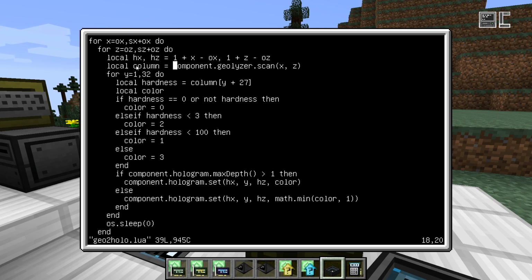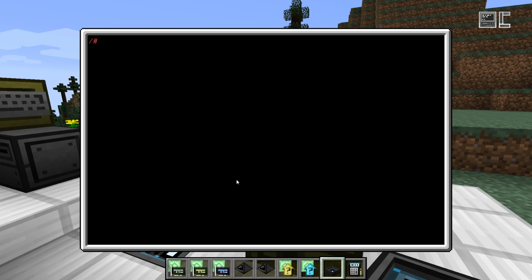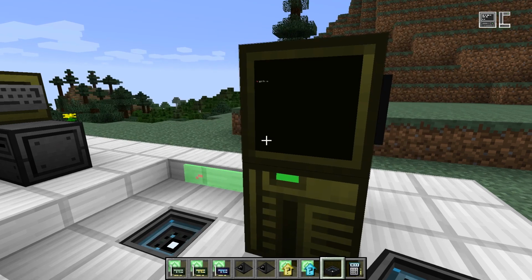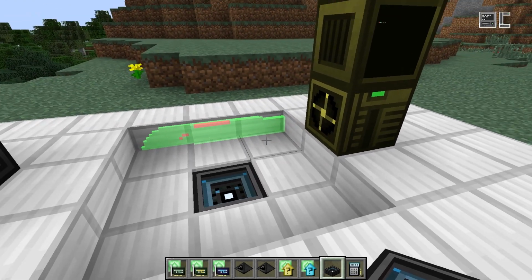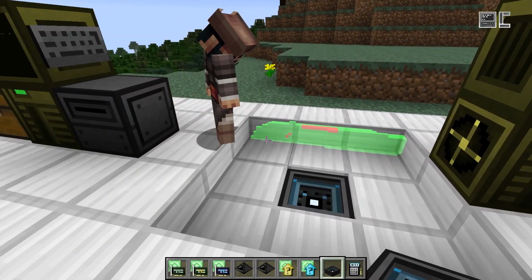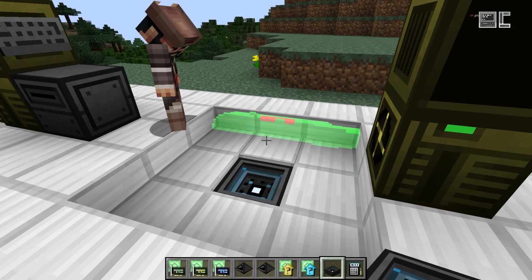So basically it's I think 64 entries, so 32 up, 32 down, which contains the hardness value of these blocks with a little bit of noise, so that it's not too easy. And well, this can then be plotted to a hologram. So if we run this, it should not break, and it doesn't break. And it starts happily scanning column after column and basically printing these to the